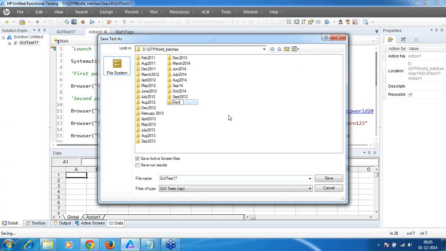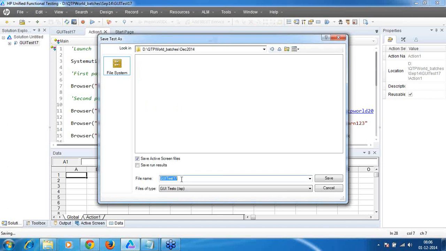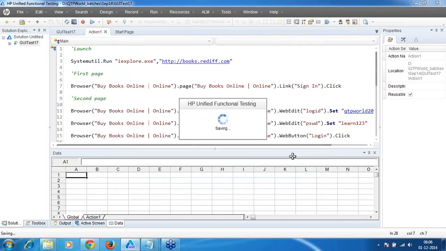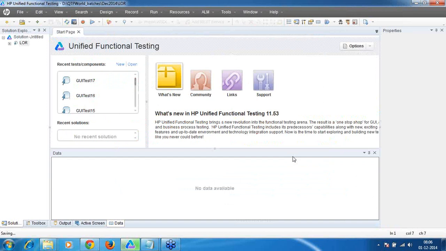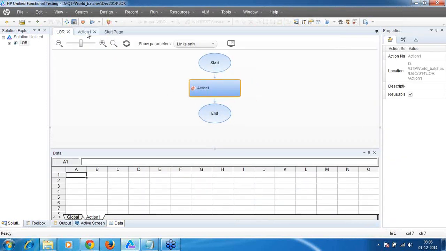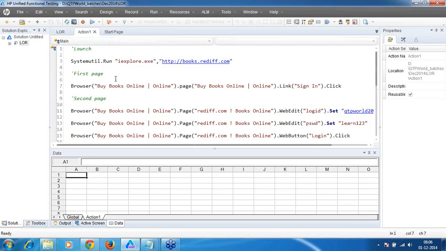It is December 2014. Let me make this as LOR. LOR is nothing but local object repository. I'll be saving in that nomenclature.